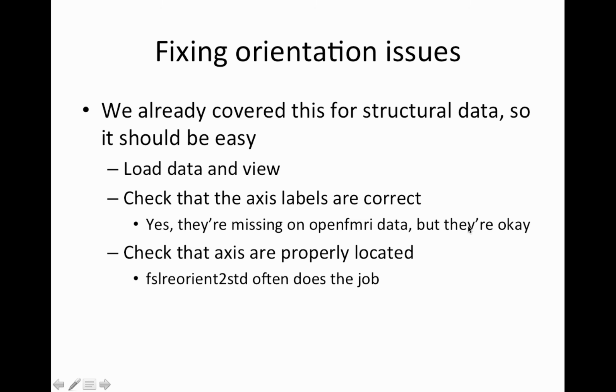I'll check into why this is the case, but it's okay. You can assume they're fine and the data should analyze perfectly fine because I've used them in the past. So yes, again, with the OpenFMRI data, the axis labels will be missing. But just assume that they're okay. But for your data, they should be there. And if they're not, you should figure out why